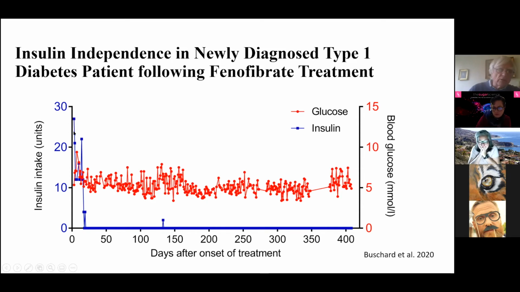The insulin dose was quite high, but after 18 days, she came out of insulin. Here she was on a backpacker tour to Sri Lanka, and the blood glucose was a little bit high. You can see on the other y-axis blood glucose. And she took a small insulin dose only once because she had an infection. But ever since, she has been out of insulin now for nearly 3 years.